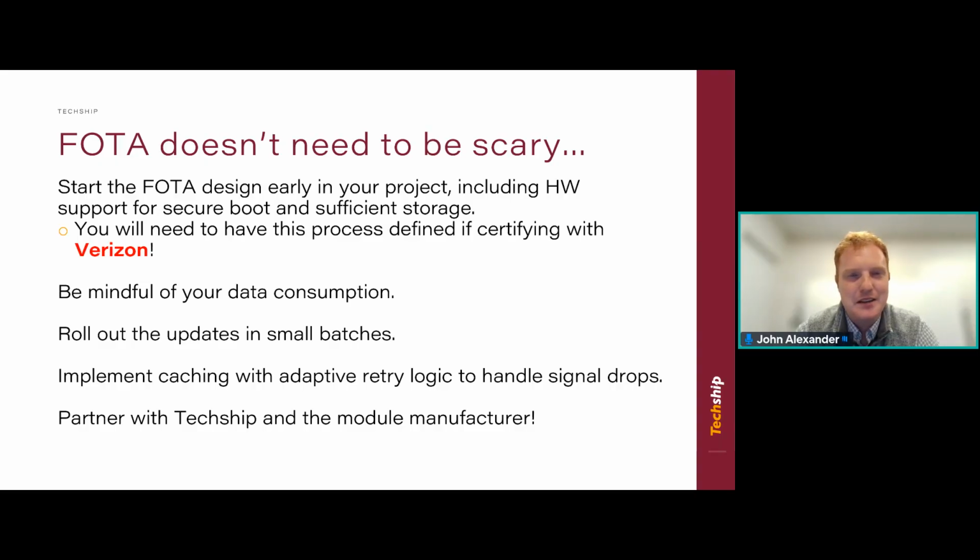Really, I think the main aspect here is to get started early in your project with thinking about this, including not just on the software side, but make sure your hardware is able to accept and handle a proper and robust firmware over-the-air